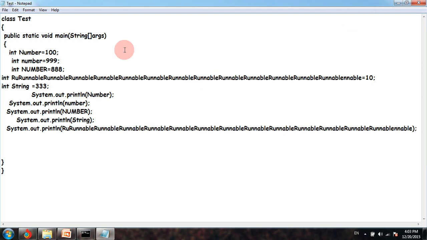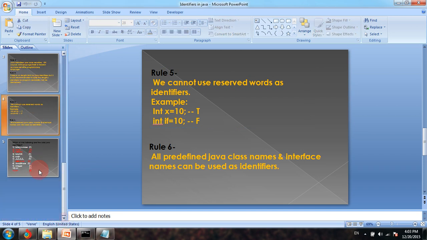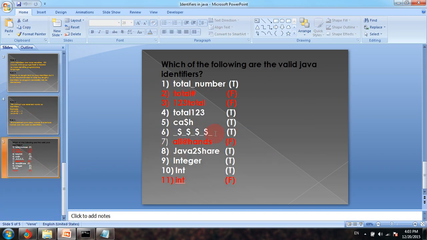So it's not recommended to use lengthy identifier names, although it is not a rule that it is not going to compile. We can use a length up to where we can think of and where our memory space allows us to create a lengthy identifier name.